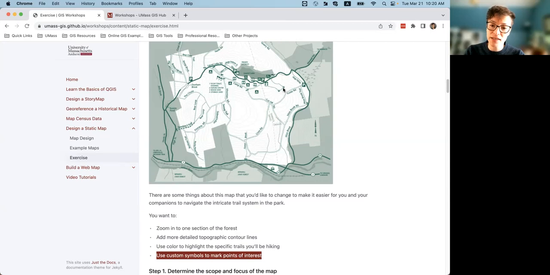But what I'm interested in are these two little circles here, which are the photo vistas. They're like great places to go and take a photo. And this parking lot, which is where I'm going to tell my friends to park. All right, so